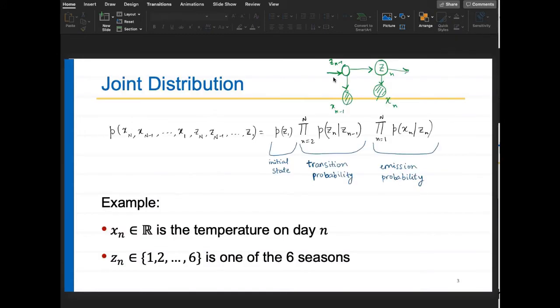Okay, so in the last class we had seen this joint distribution of hidden Markov models, right? Basically, you start from an initial state, you emit something p of x1 given z1, then you go to the next state z2. So you have transition probability of z2 given z1, and then you emit something p of x2 given z2, then again make a transition. In this way, you can compute the joint distribution or the probability of every random variable together.